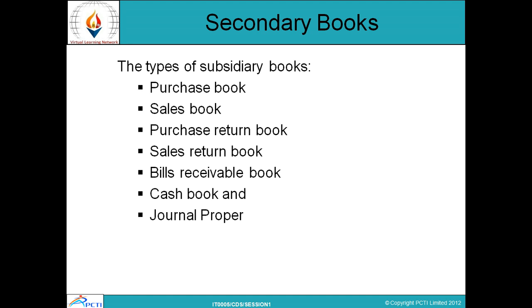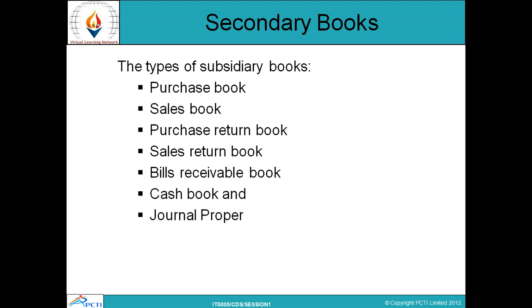Here we start. First, let's understand what a secondary book is. The journal is a book of original entry, and only one journal is maintained if the business is very small in size. However, if the transactions are multifarious, then subsidiary books, which are known as books of original entry, are